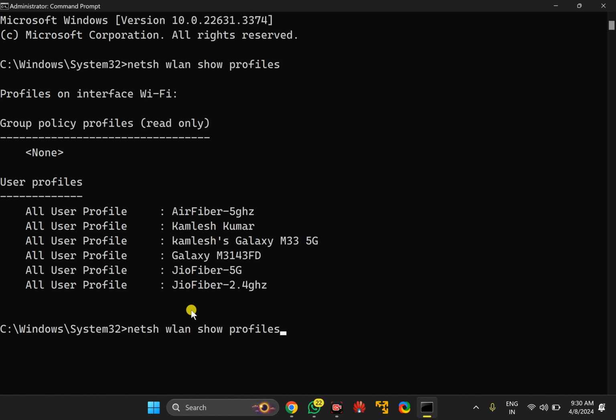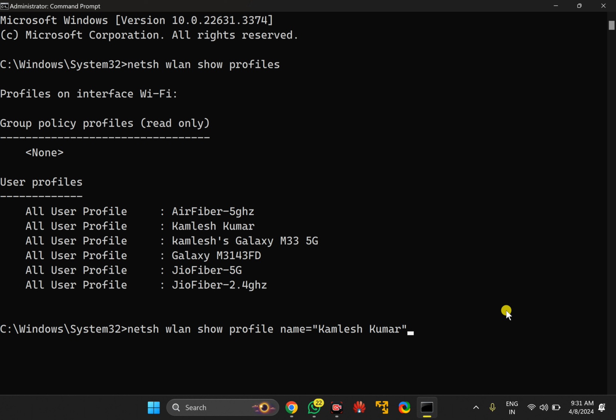Now use the command netsh space wlan space show space profile space name is equal to, then right click here to paste the copied Wi-Fi profile name, and in case the Wi-Fi profile name has a gap, you need to put this Wi-Fi profile name under inverted commas.